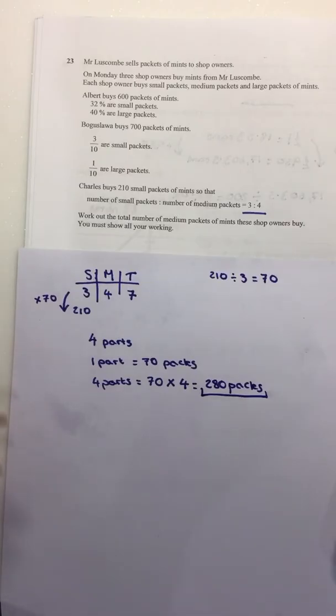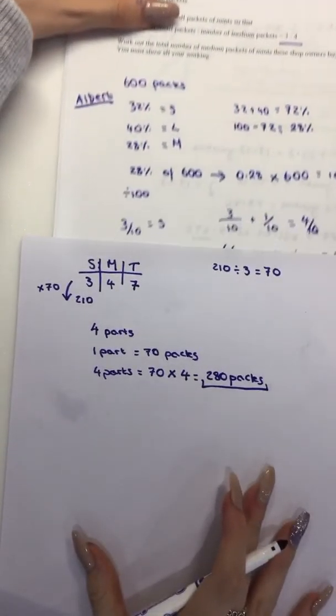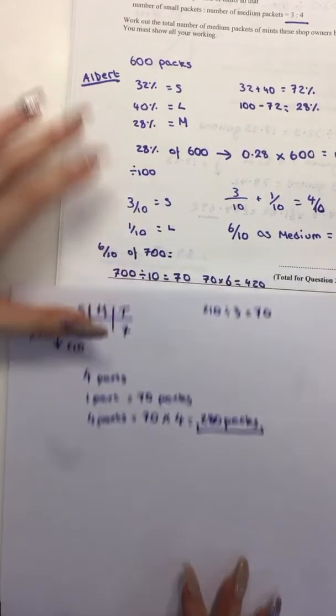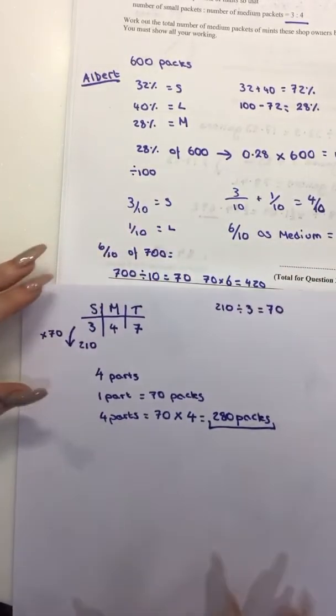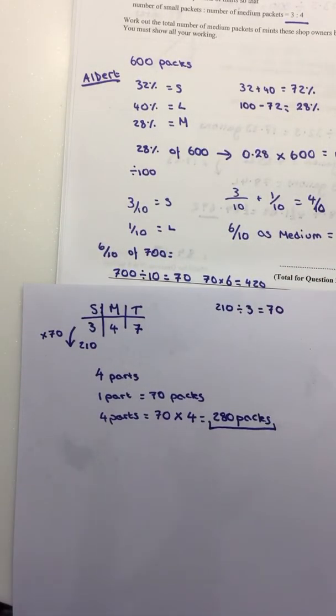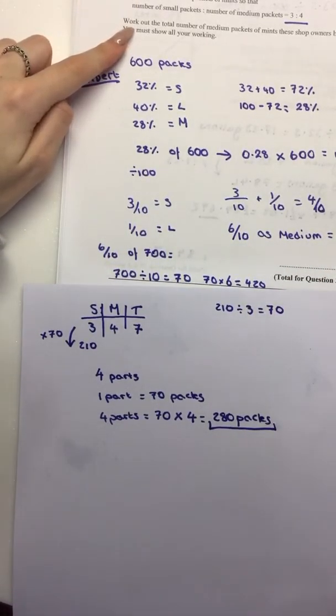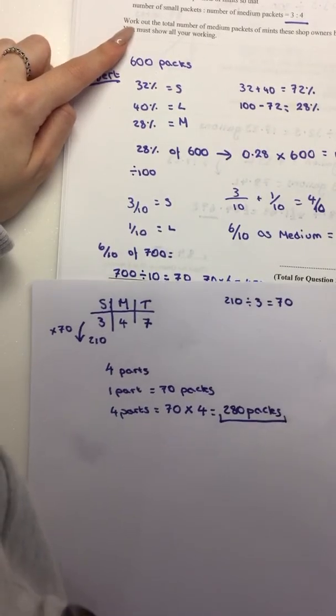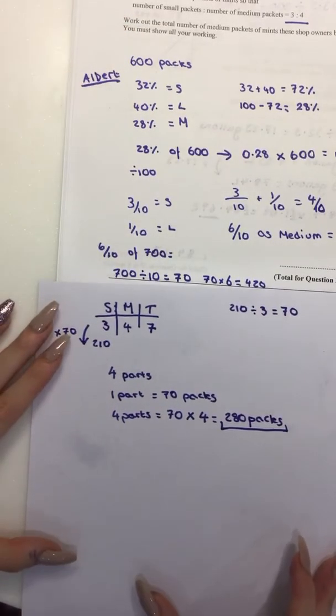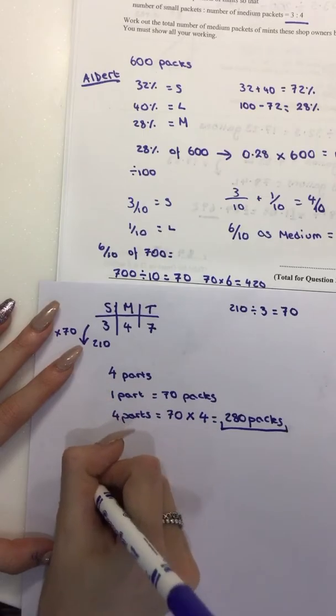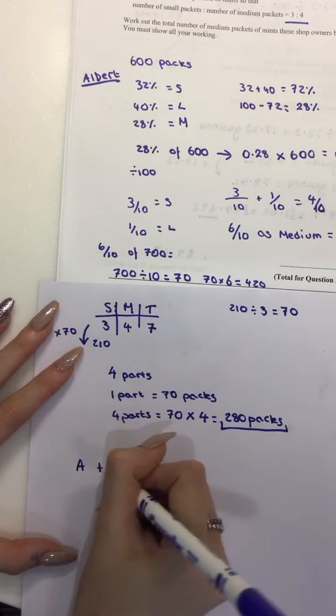Now the final stage is to go back. This is why it's a 5-mark question, because there's lots of steps. The final stage is the total number of medium packets. So in order to do that, we have to add Albert and